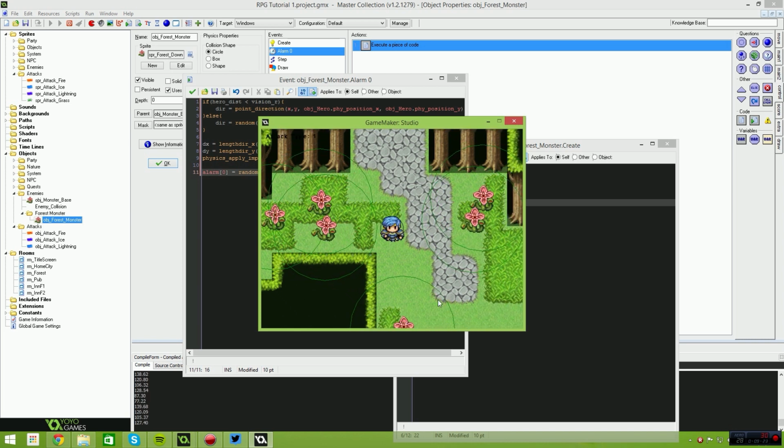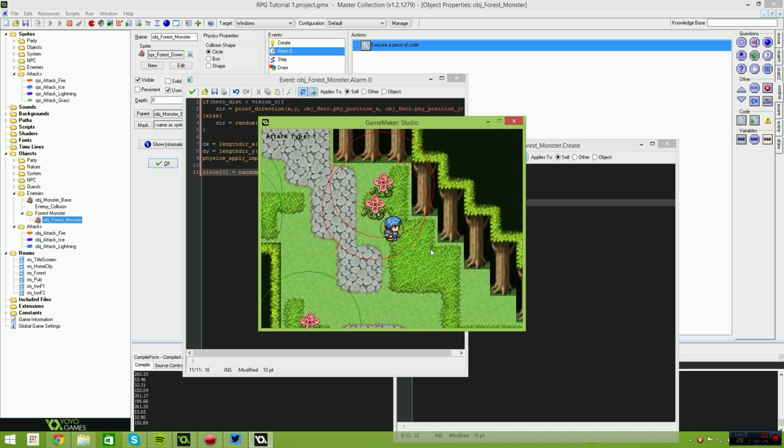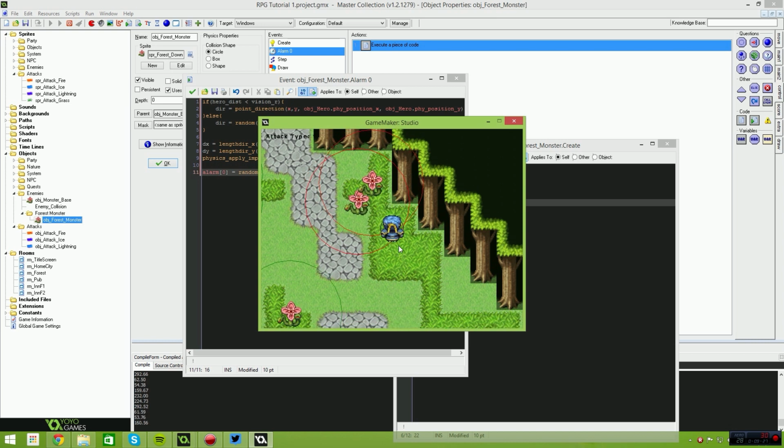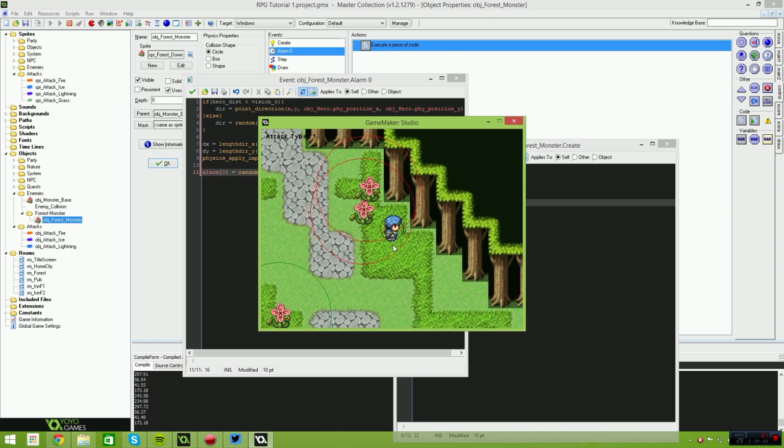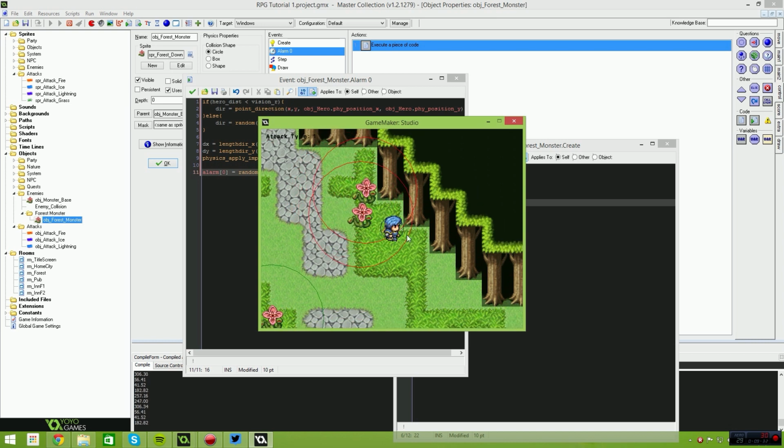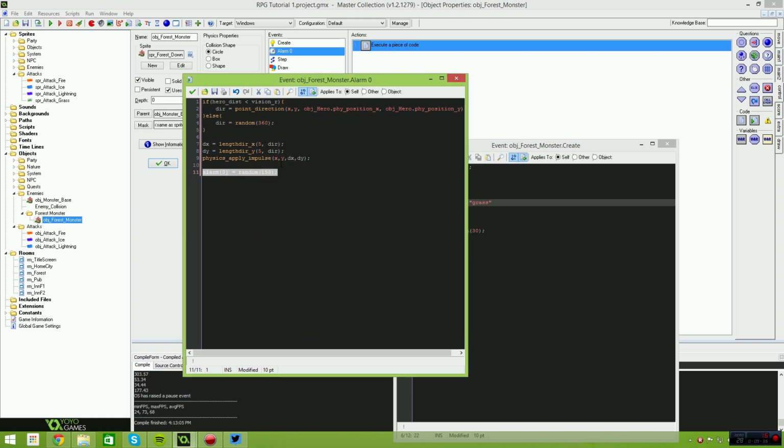Oh, he's hit the wall. Sorry, I didn't realize that. They've got that wall in there, so they're not going to get too close. But basically, these two guys here, you'll see that they do want to get to me. This is not very fast paced at the moment, so what we can do is jump in here